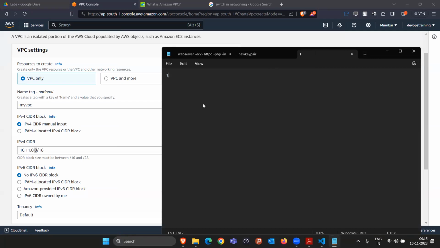If I am writing a single IP address like 10.11.0.0, this is just a single IP, right? It can associate to only one machine. Make sense? So that means only one machine can be launched. If I am saying 10.11.0.0